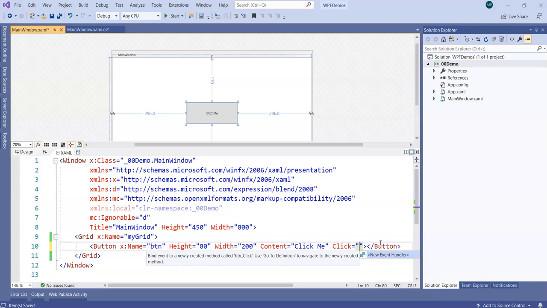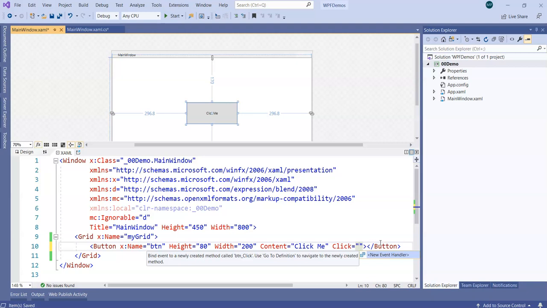Hold on for a while. We can write the event handler in case of XAML, but that is from the perspective of manipulating UI elements. You can't have too much logic built using XAML itself. XAML is majorly for UI, for complex UI elements alignment. So here is what I'm going to do.